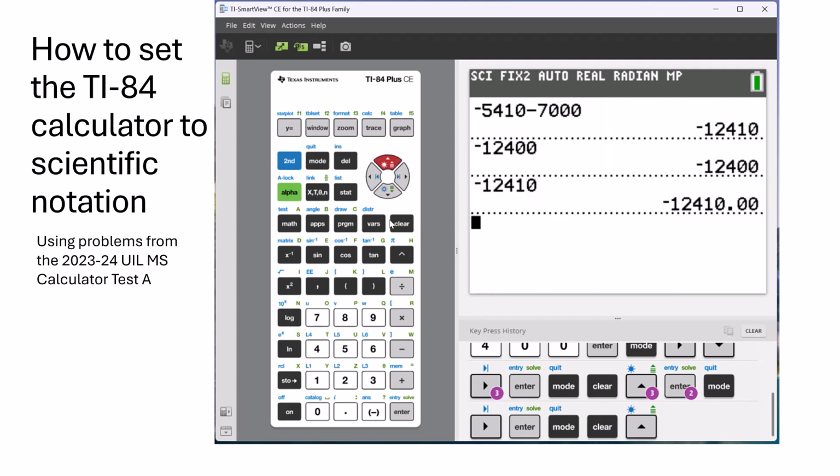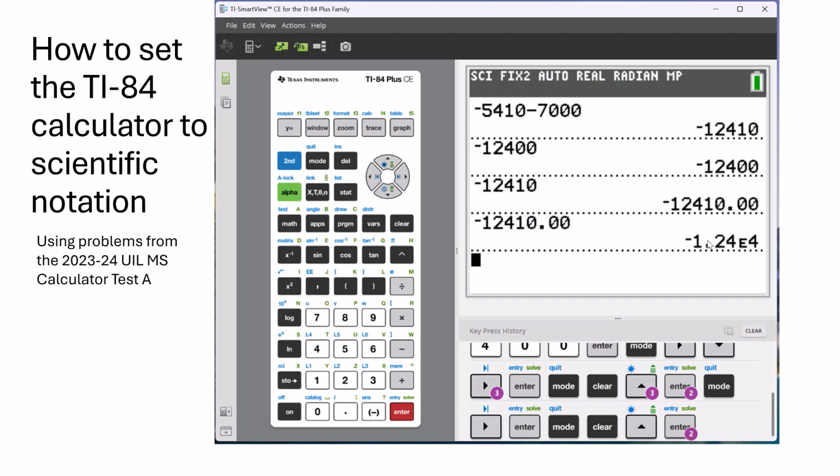And then I'm going to go up to this answer, hit enter. And now it gives me the negative 1.24 e to the 4th. Again, remember that we can't have the e here. You're going to write this as negative 1.24 times, like an x,